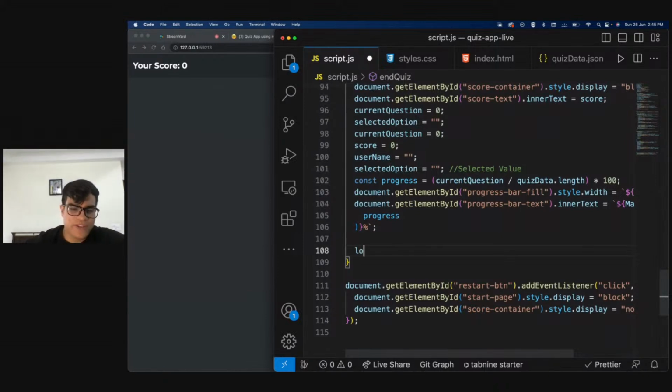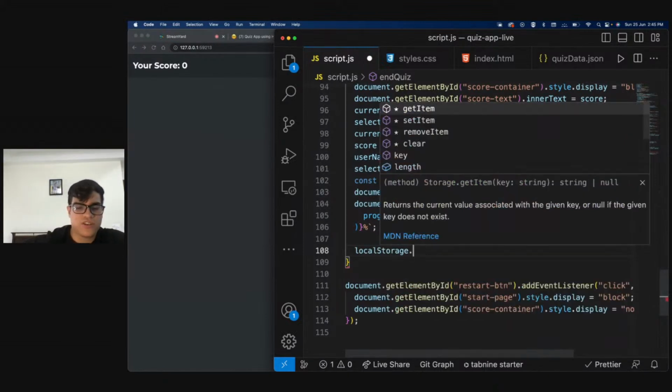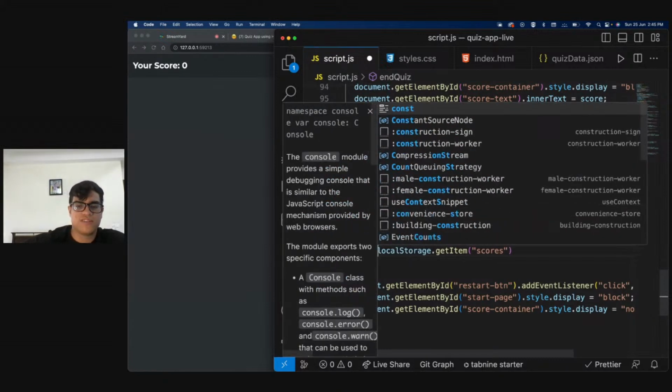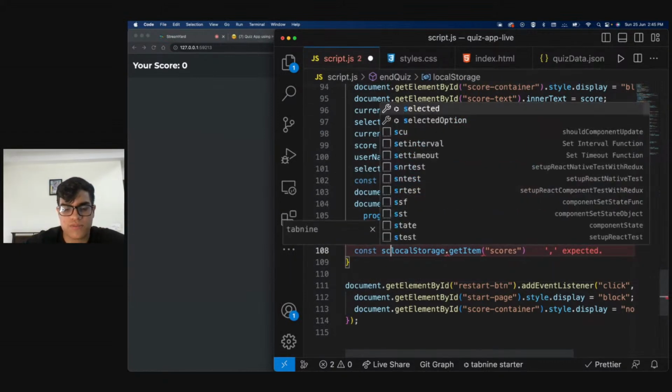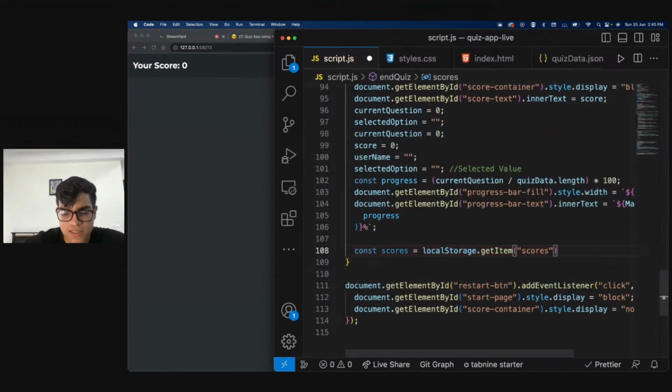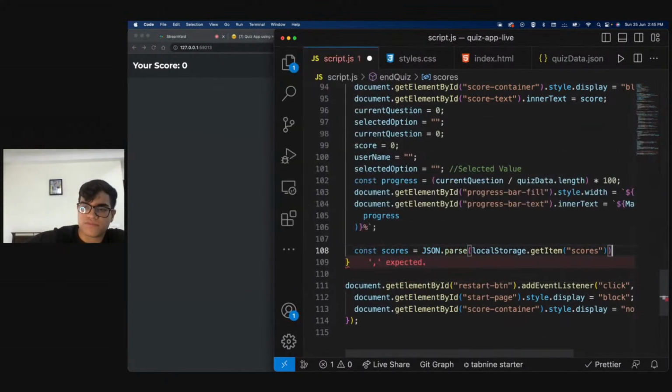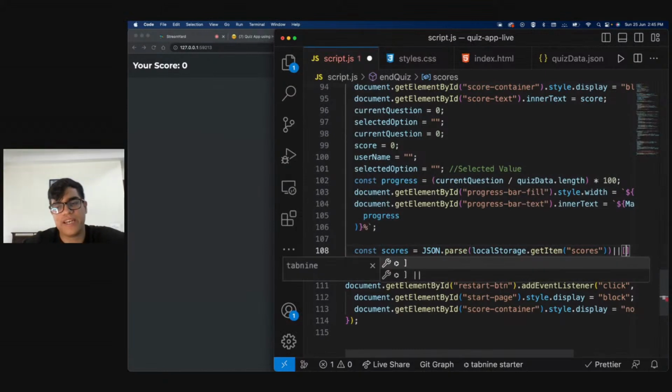We're going to call localStorage.getItem, and the item that we'll get is scores. I'll also do JSON.parse on this, and I'll say const scores is equal to this, and else it is going to be an empty array.